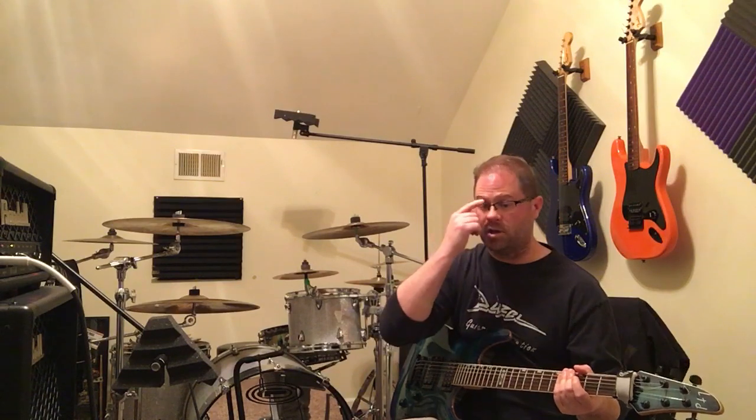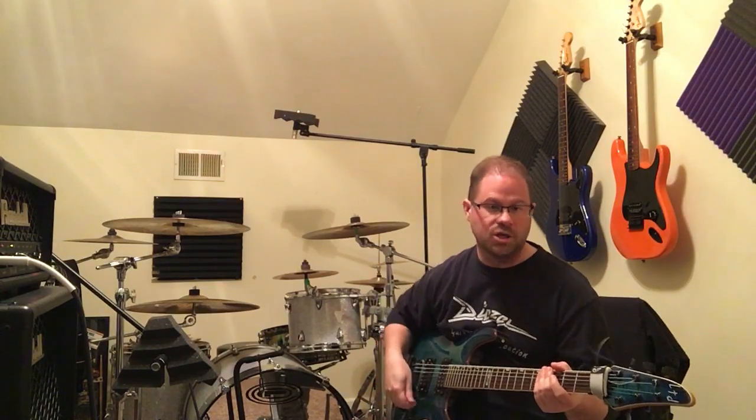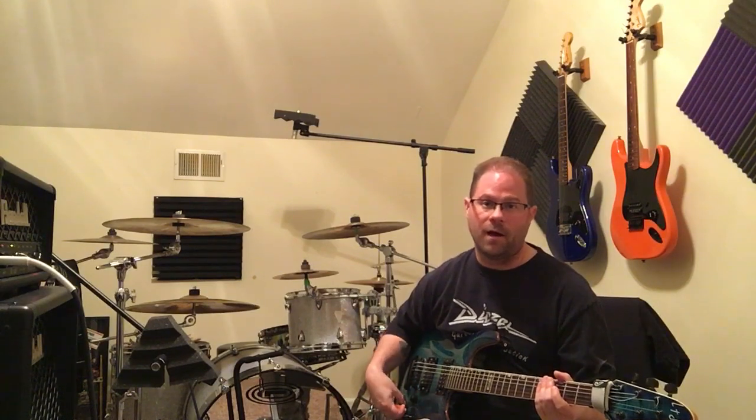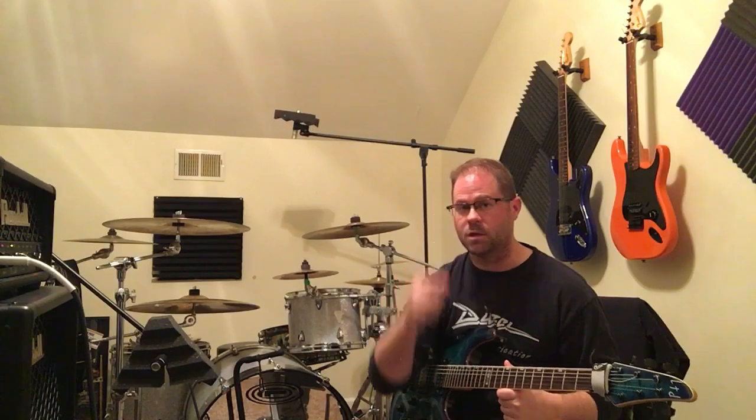Definitely pulling off that Djent sound. I'm just kind of jamming sloppy, simple riffs tonight, but just to give you an idea of how wicked this pedal is. I'm really impressed with it. Like I said, there's a lot of cool stuff on the market, a lot of great builders out there. But the reason I really invested my money and time into Protone pedals here is the fact that the sounds I'm hearing from some of these other companies are absolutely phenomenal, but you do lose some of your low end